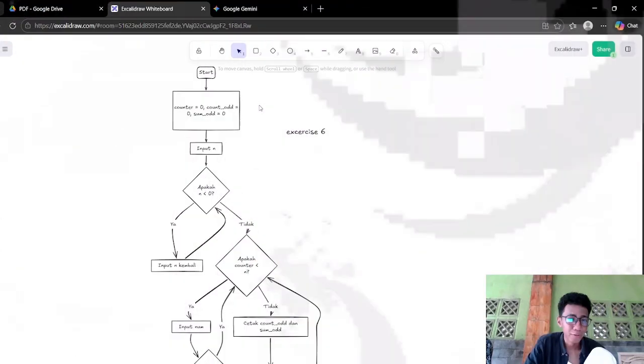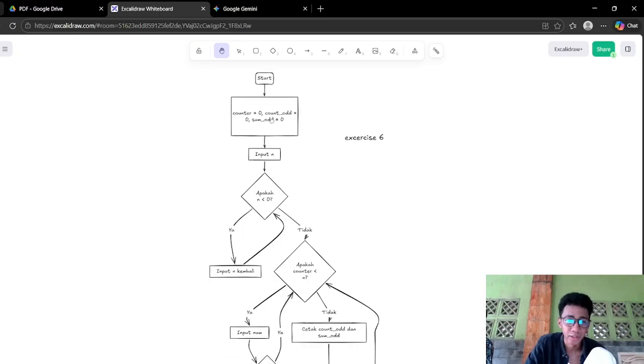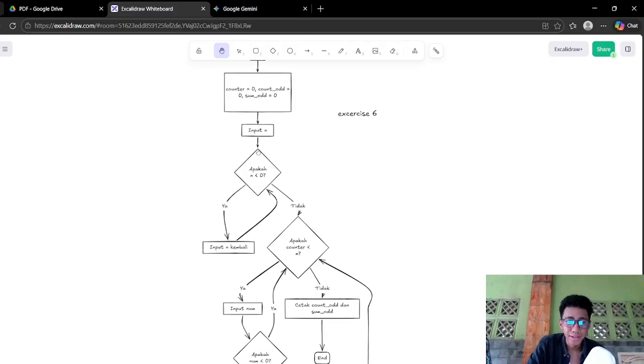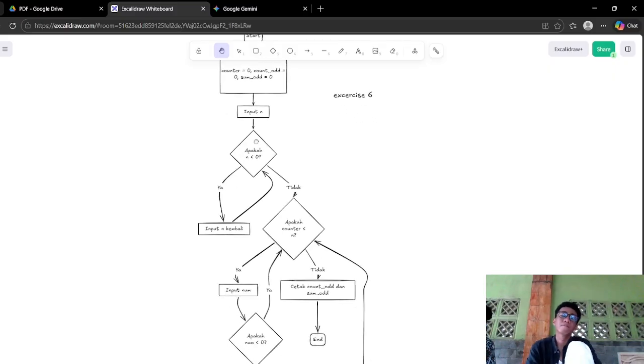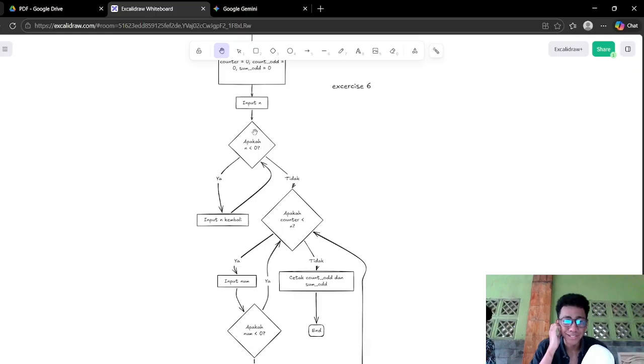Thank you. Alright, back with me again, and here I will explain the flowchart of number 6. Here we need to start the program first and initialize counter equal to 0, count odd equal to 0, and sum odd equal to 0. And then we get to the input n value here and check whether n is less than 0 or not.